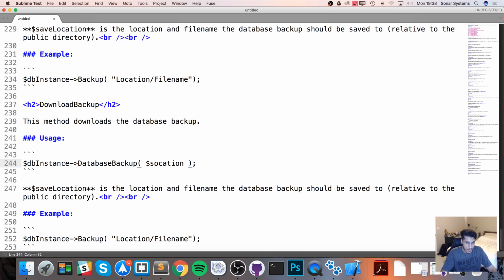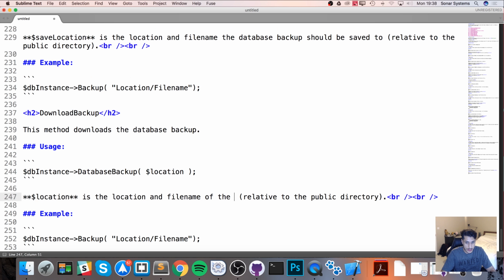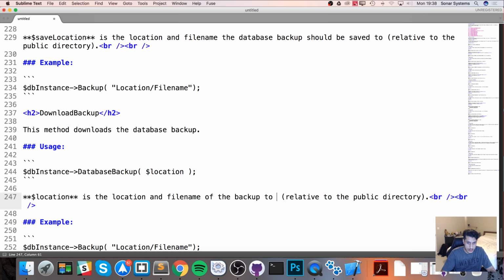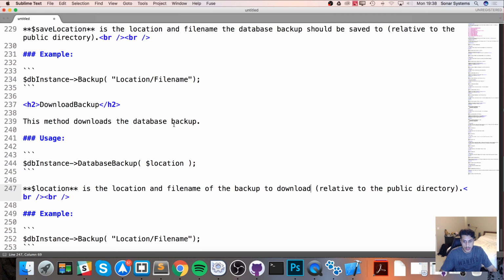Location is the location and file name of the backup to download relative to the public directory, blah blah blah. That's fine. Copy that